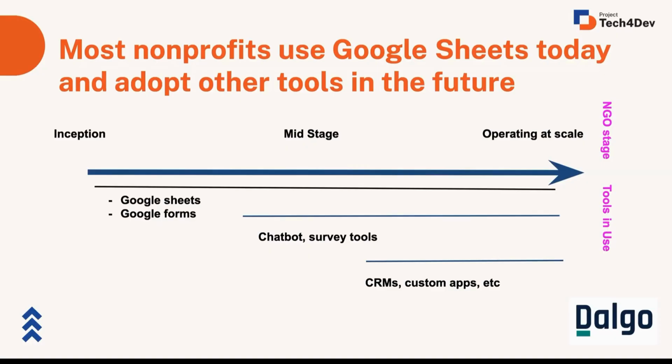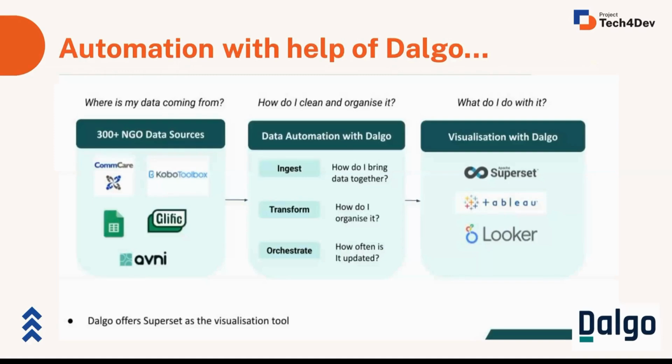एक्सपर्टीज, एक्सपीरियंस, वो सारी चीज़ें रहें, और स्टैंडर्डाइज़्ड तरीके से वो अपने आप ऑटो पायलट या शेड्यूल होता रहे। तब हमने डैल्गो पे एक प्लेटफॉर्म बनाया जहाँ पे आपके डेटा सोर्सेस कुछ भी हो सकते हैं। हमने 300 से ज़्यादा कनेक्टर्स बनाए उन सारे डेटा को कलेक्ट करने के लिए, जिसमें कॉमकेयर, कोबो, शीट, अवनी, एटसेट्रा हैं, और उन सारे डेटा को हम एक जगह पे लाते हैं, हमारे वेयर हाउस पे सेव करते हैं।